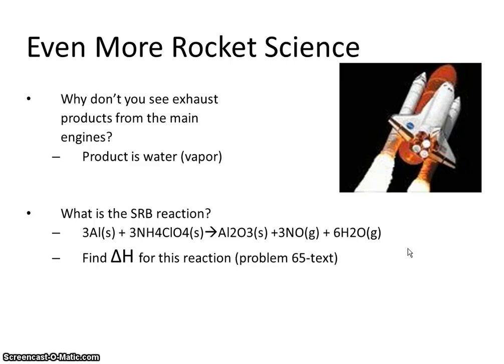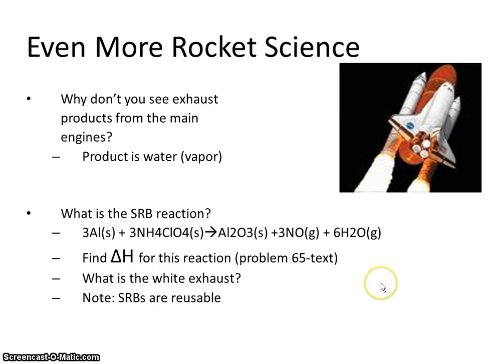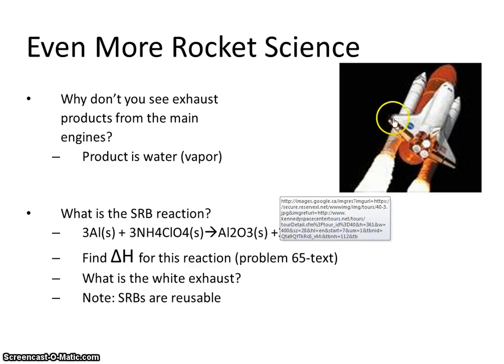So one of the problems that you're assigned in the text is to actually solve the delta H for that particular reaction. Once again, chemists helped develop these processes for our space program. So the white exhaust probably is mostly little particles of aluminum oxide. Solid rocket boosters were actually, when the shuttle was flying, these would